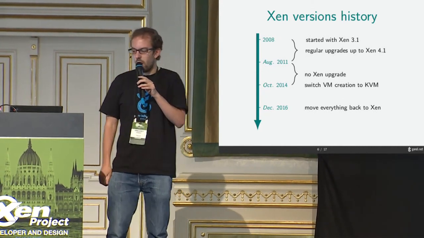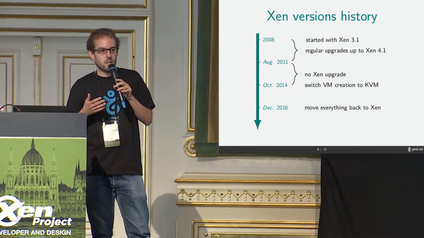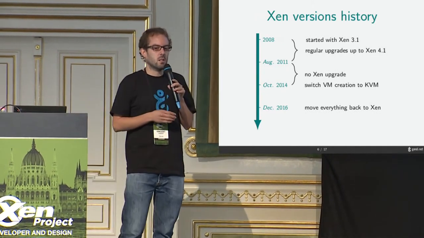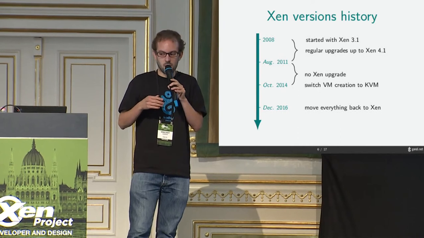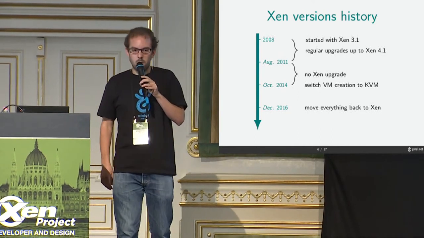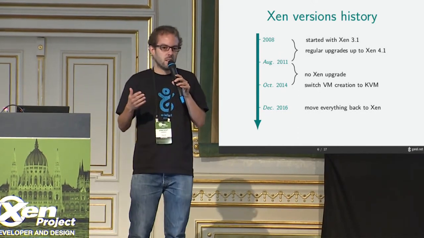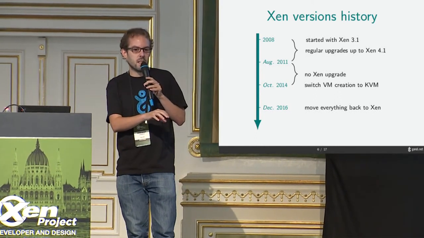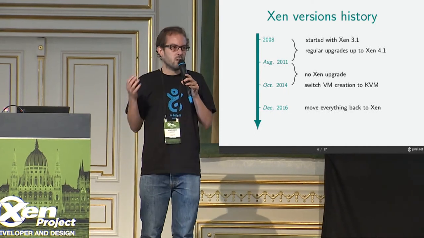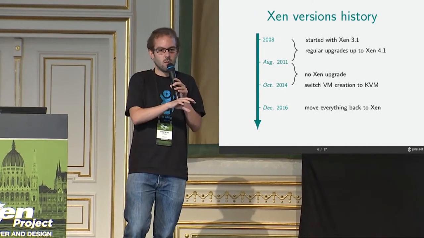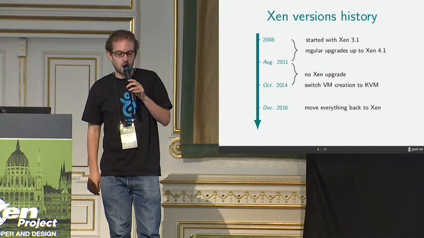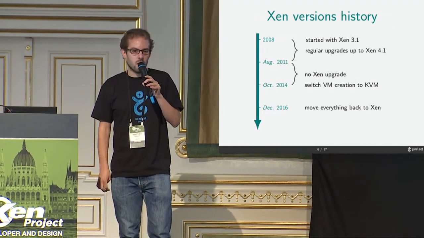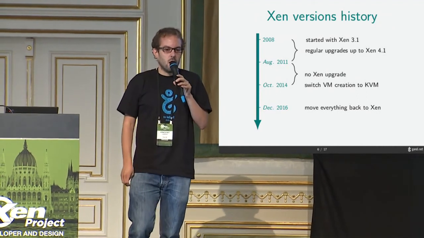So in October 2014, all the VMs were created on KVM. But then at the end of last year, we realized that half of our VMs were still running Xen. So we had to make a choice to migrate everything to KVM or to migrate everything back to Xen. And eventually we decided to go back to Xen